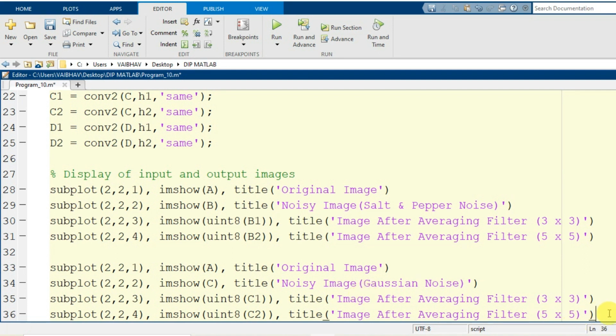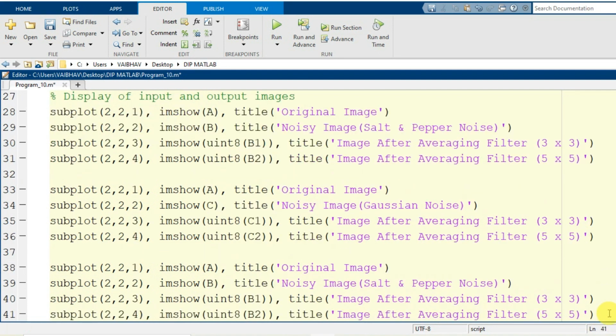And later on the last subplot, it will be for the resultant images denoted by capital D for the noise affected image, and D1 and D2 the final resultant images after the application of the averaging filter here, whereas the noise type was speckle type here.